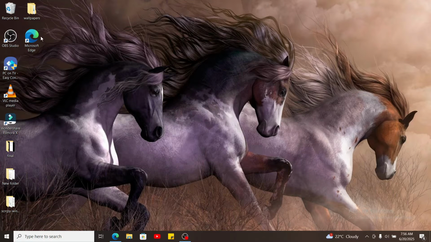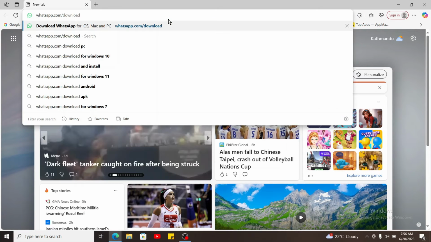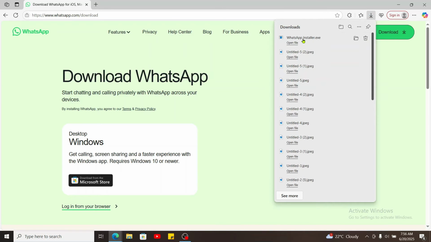First of all, open up a web browser of your preference and then in the URL box type in whatsapp.com/download and search. You will then end up in the official site for WhatsApp with the downloadable link provided to you. Go to the top right corner and click the download button and you will then be able to download